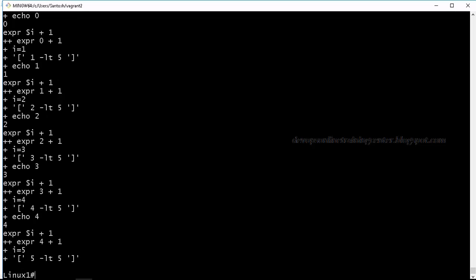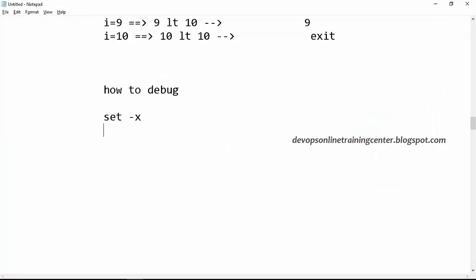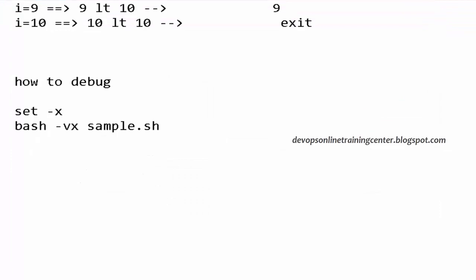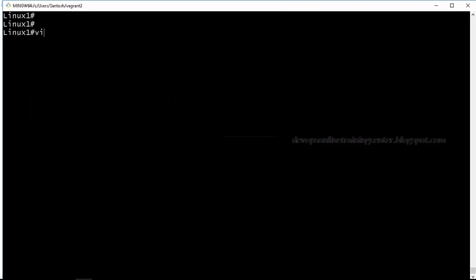So if you want to debug, there are two ways. One is put set -x in the script in the beginning, or execute like bash -vx some script, right? This will execute the shell script in debug mode, which will give extra messages to understand what is happening, where it is failing. So this will be useful, right?